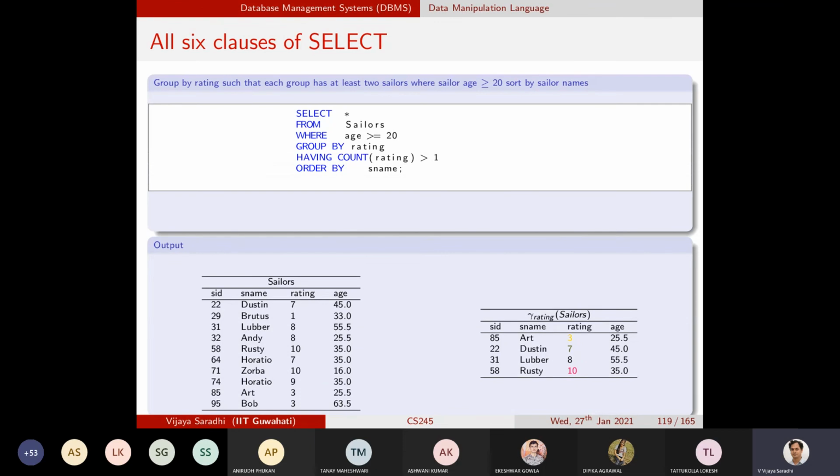Whereas HAVING tests for each group whether the condition you specify is met. Once that is met and it is part of the result set, the WHERE condition will be applied onto the resulting table, the ORDER BY will be applied, and then all the columns will be retrieved.